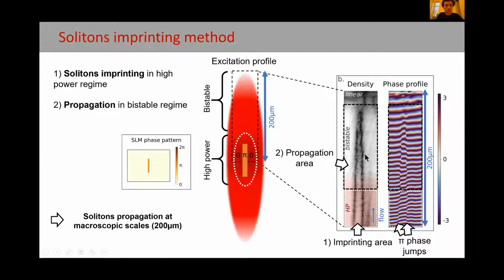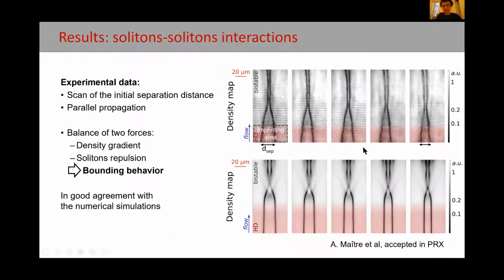So we have overcome the short distance limitation due to the short lifetime of polaritons. And now we can easily study the free propagation of the solitons and, furthermore, their interactions. So in order to study these soliton-soliton interactions, we look at the free propagation of a dark soliton pair for different initial separation distances. This is what we do in this data set, where the separation distance between the two imprinted phase jumps decreases from the first to the last picture.